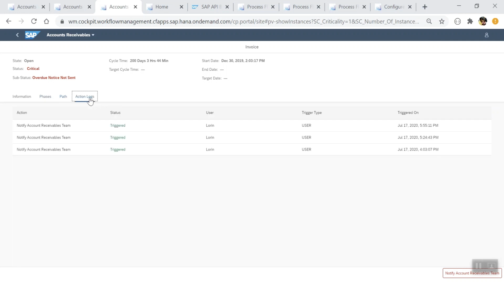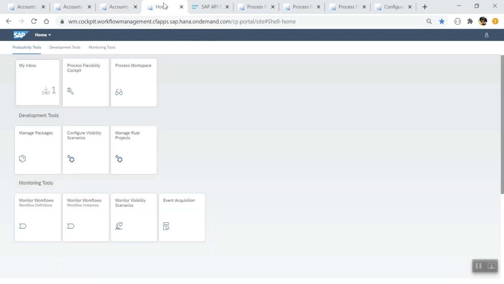What's alarming to note here is that the invoice payment is already overdue, the cycle time has exceeded unreasonably, and yet no overdue notice has been sent, which clearly indicates a call for action, maybe from the accounts receivable team. So once the business user triggers the action, it gets recorded in the action log, and this triggers a task, say for the persona accounts receivable manager